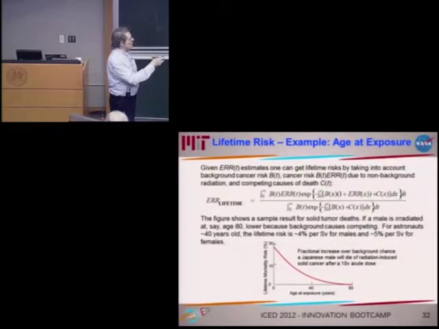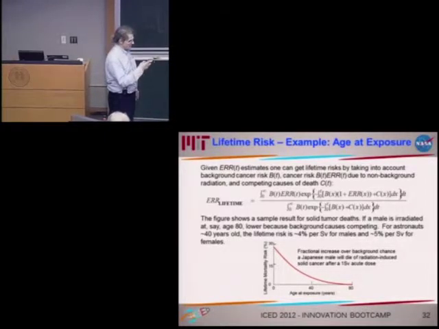So that includes the background cancer, radiogenic cancer, and death from other causes C. None of that has occurred up to time t. But then in the next increment, we consider the excess relative risk of the radiogenic cancer and integrate that over time. And then the ratio of that gives you the excess relative risk for the lifetime radiation exposure. So that's basically how those kinds of things are calculated.